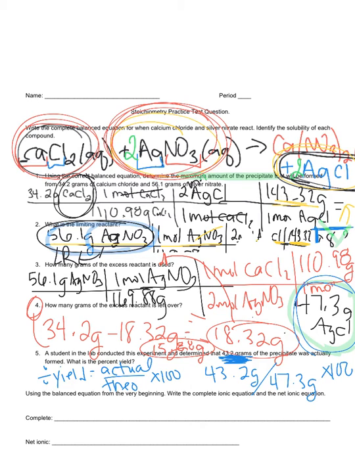Make sure that these are in the same unit at all times, and you get that your percent yield was 91.3%. Okay, and put the percent sign on the end. All right, now